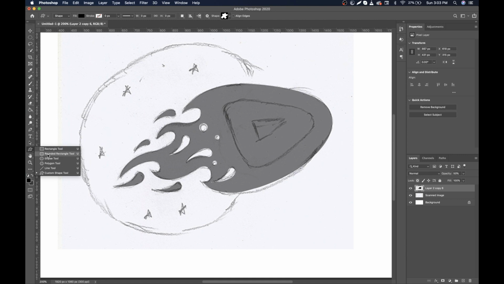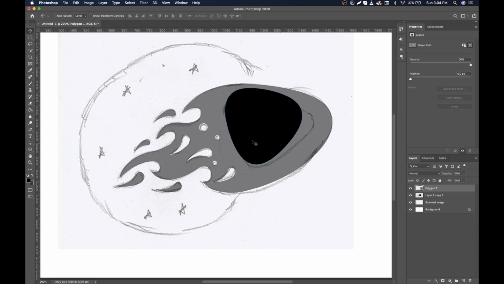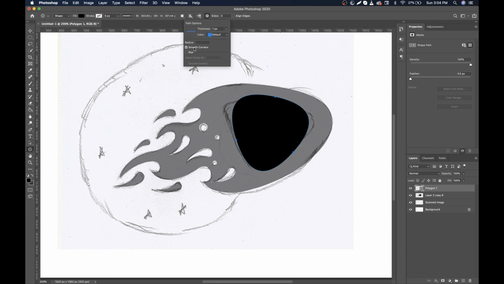Right click on the shape tool. Now select polygonal tool. Make sure side should be 3 and click on this icon and tick smooth corners and draw like this. And align it as well. Again select polygonal tool, but this time smooth corner should be unchecked. Now draw a rectangle and make any color for now.